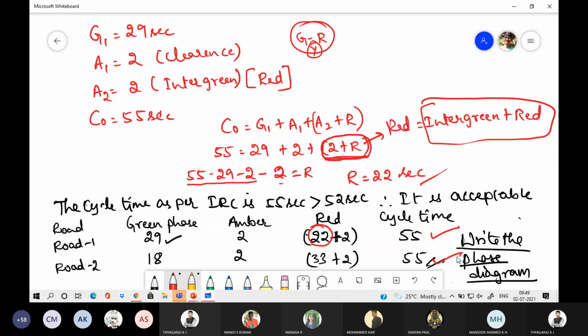Yes, sir. Okay. So from Monday's class, we'll start solving the problems on the fourth module. That is, accident problems are there. Those are also very simple. I'll tell you, the fourth module is the very easiest module and you can score full 20 marks in it. They will give all the data. Only one formula is there. Simply input into that formula and get the value. Okay. Is it clear?